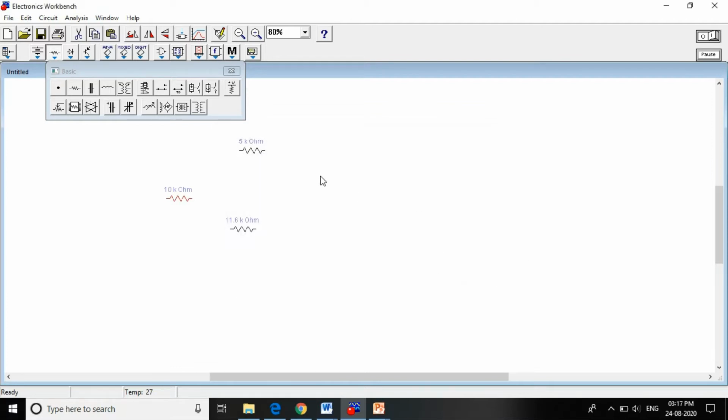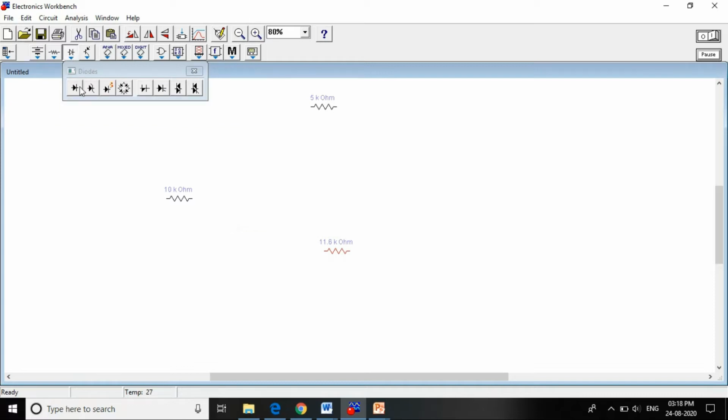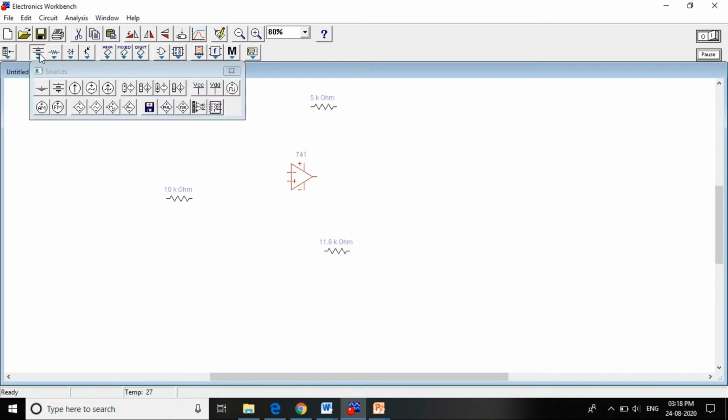Okay. Then we are using one op-amp, right? So that op-amp is of what? The 5 terminal op-amp. So where actually the op-amp is? Here it is. So you just select 5 terminal op-amp, then drag and drop here. Okay. So you have to make a connection to this op-amp for your resistors and the capacitor, and one more capacitor also we need, right? So it will be here.